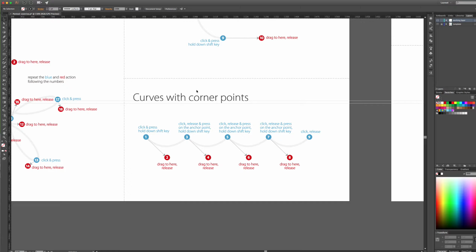Okay, curves with corner points. So I'm going to click in my 1, drag down, it says hold down Shift key to my 2, come to my 3, press on the anchor point, hold down my Shift key, 5, hold down my Shift key, 7,